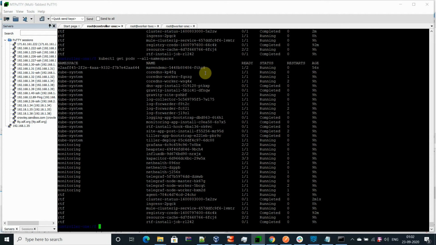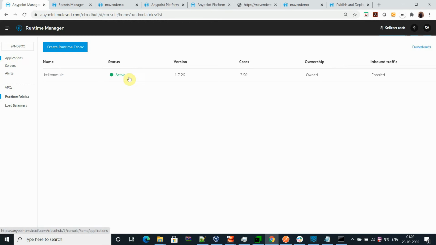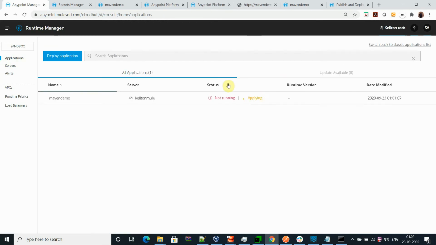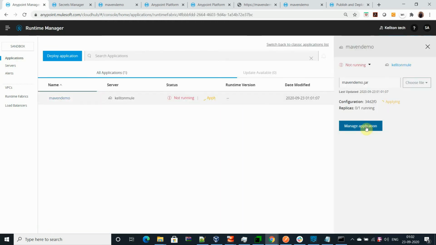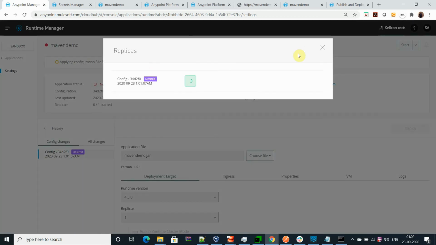Okay, it's running now. So we can go and check in the Runtime Fabric environment. You can see that, yeah, it will take time to reflect here. Just wait for some time, let it reflect, then we will change the domain URL.